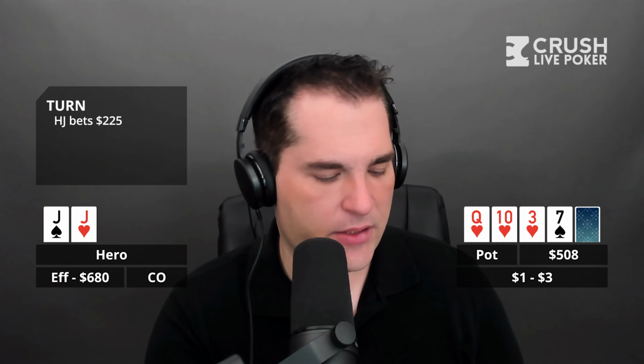So you called. The small blind folds, so we're going to a turn. The turn is the 7 of spades. It's a complete brick. Hijack continues for 225 into 280. So now